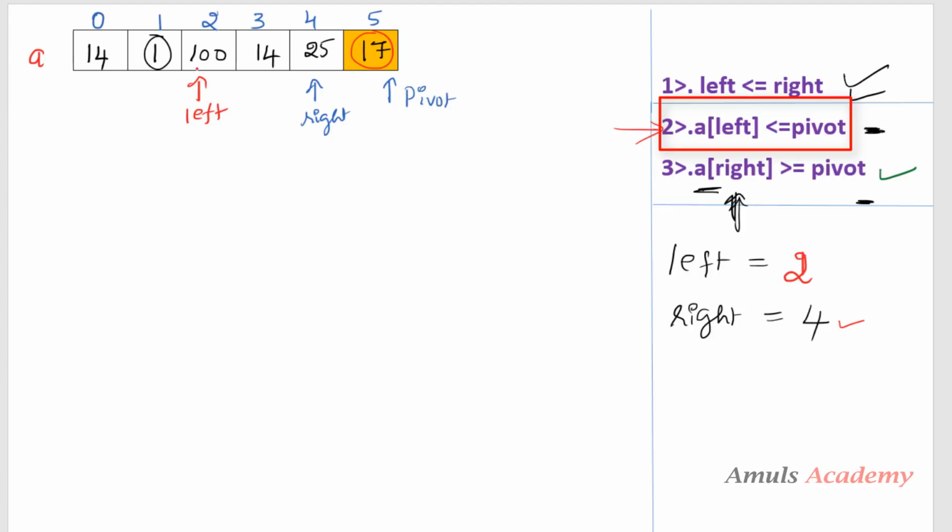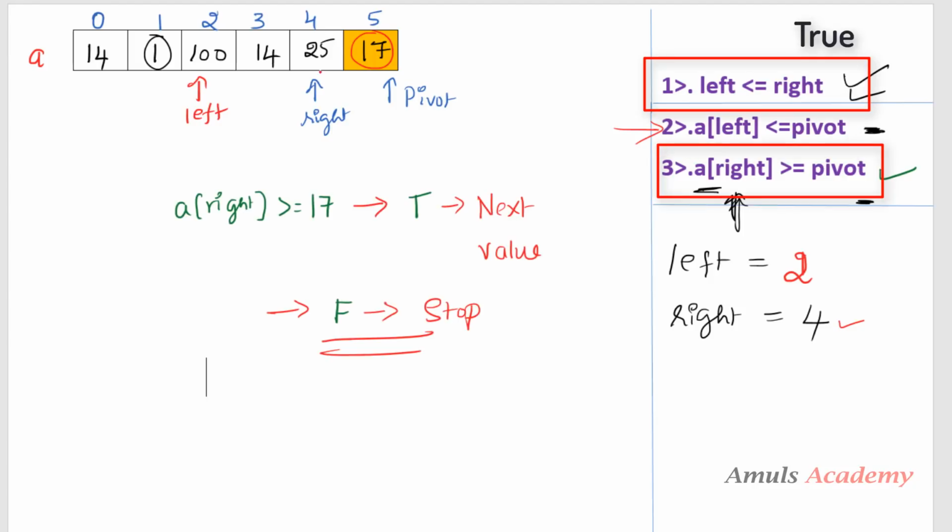Now again I'll check whether the value present in the left index is smaller than or equal to the pivot value. No, it is not, because 100 is greater than 17, right? So I need to stop here and I'll move to the right side. I'll check whether 25 is greater than or equal to 17. Yes, it is, so I'll go to the next value. So right will point here now.